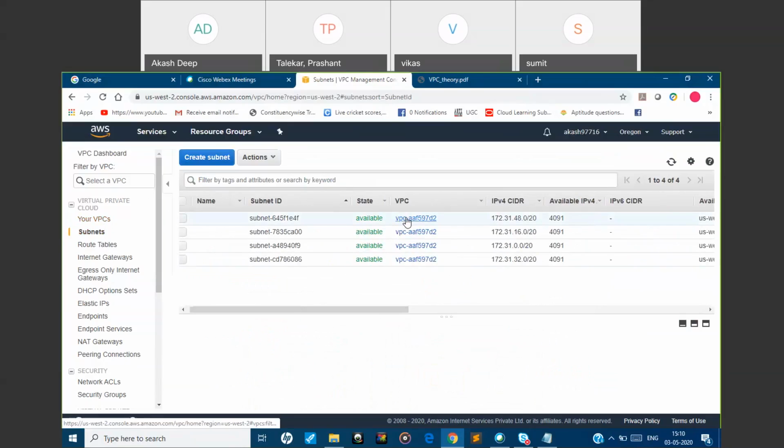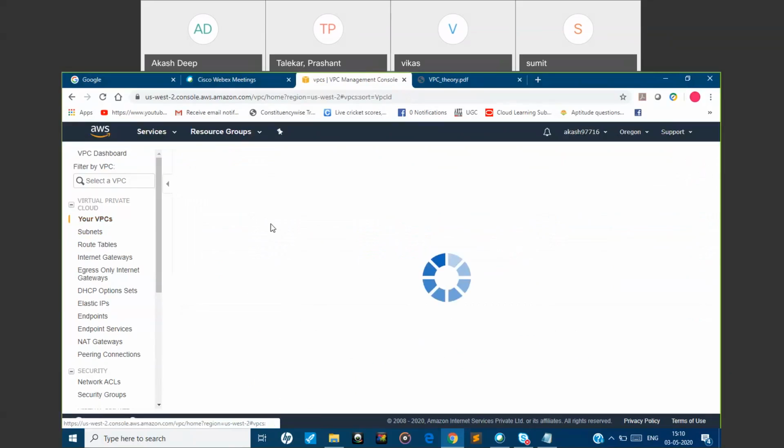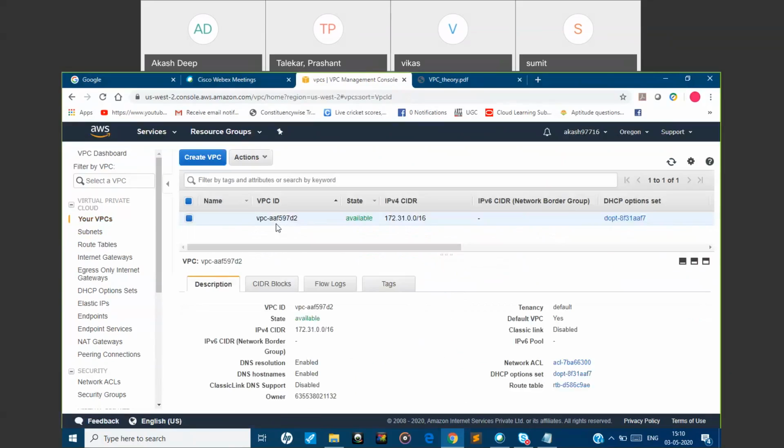If you look at the VPC ID AAF97D2 and go here, you will find the same VPC ID. This is how you find the linkage.